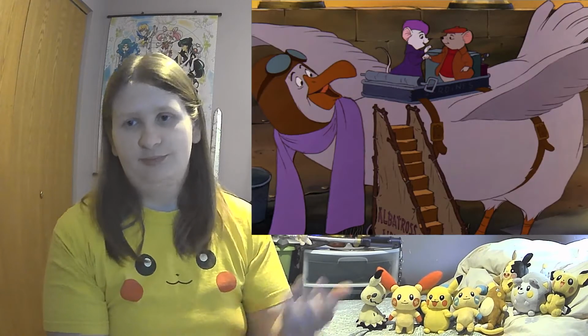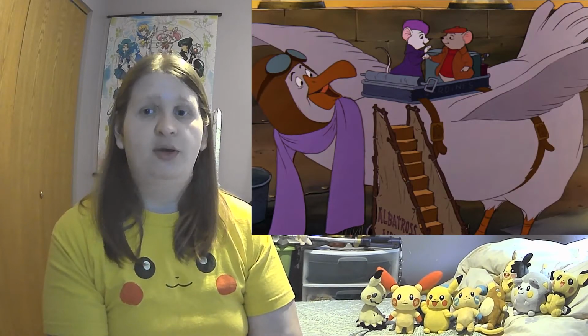But they interact with this albatross whose name is Orville. This is a reference to Orville and Wilbur Wright, the two men that flew at Kitty Hawk, the first two pilots. And he's kind of a clumsy albatross, but they ride with him, and he flies them down to